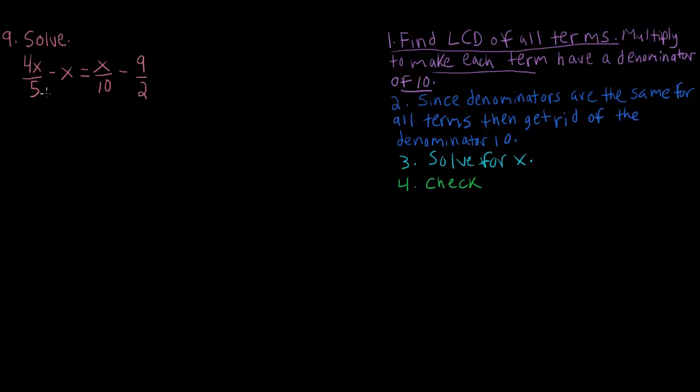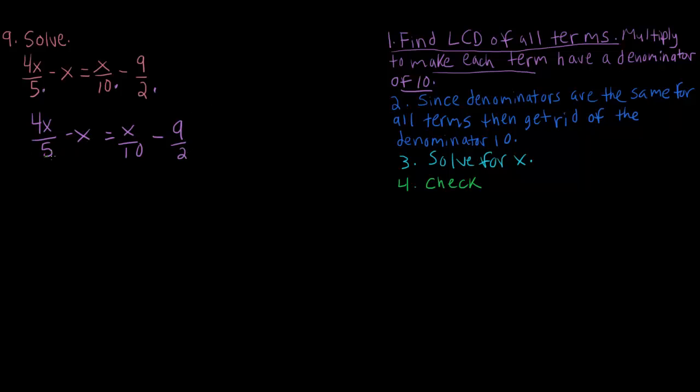So if we look right here, 5, 10, and 2, well, 10 is the highest number, and it goes into itself. 5 goes into 10, and 2 also is a multiple of 10. So we can just go ahead and multiply all the terms in such a way that all 4 terms of this equation will have a denominator of